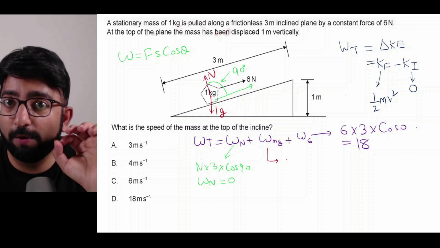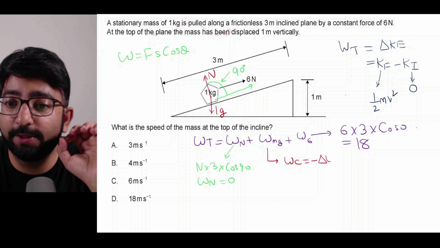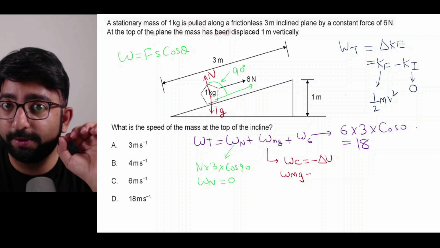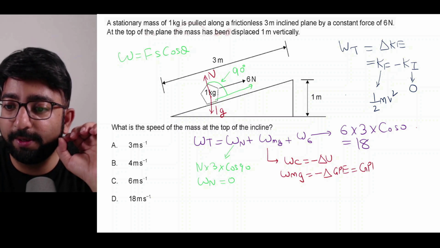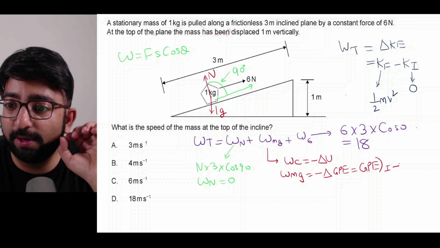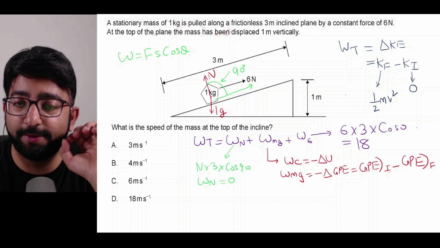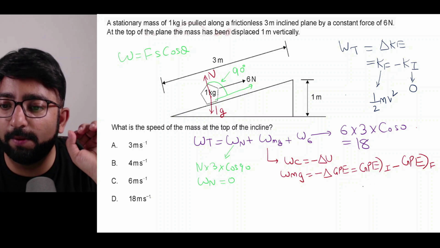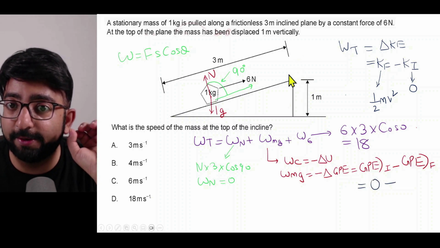Let us use the formula for work done by a conservative force, which is equal to the negative of the change in the potential energy. In this case, it is the gravitational force which we are dealing with. So this should be equal to the negative of the change in GPE. So let me write, this will be equal to GPE initial, the initial gravitational potential energy, minus the final gravitational potential energy. Initially the object was over here on the ground. So the initial gravitational potential energy we can write as 0, minus